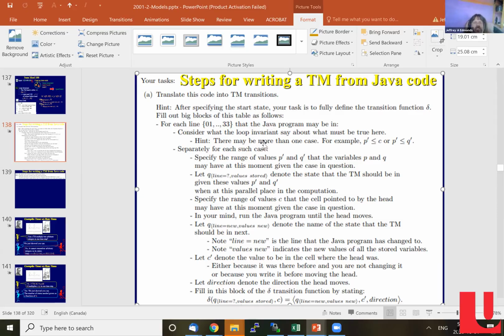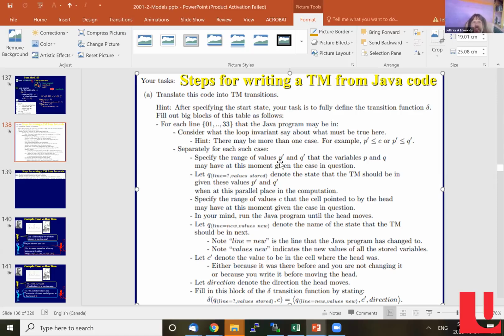And then you say, do I know everything about the loop invariant? Maybe there are two cases, maybe a bunch of cases. Maybe I'm looking at a blank, or maybe I have this value, or some value p prime that's less than q prime, or it's bigger. I have various cases, so decide which case you're working on. Then, given I'm on line 1 and I have a particular case,